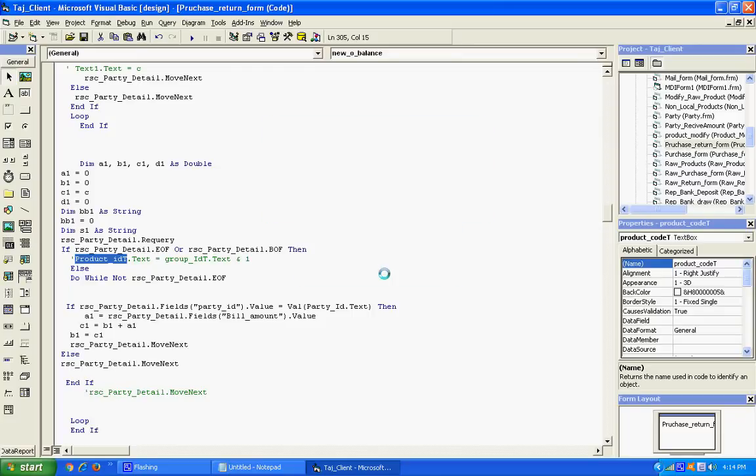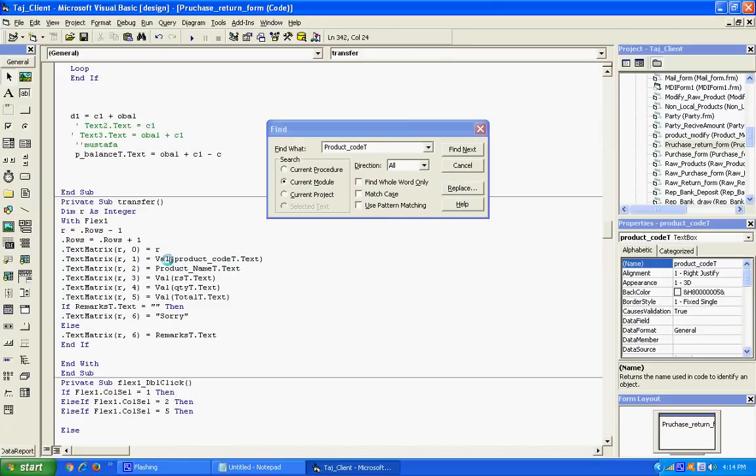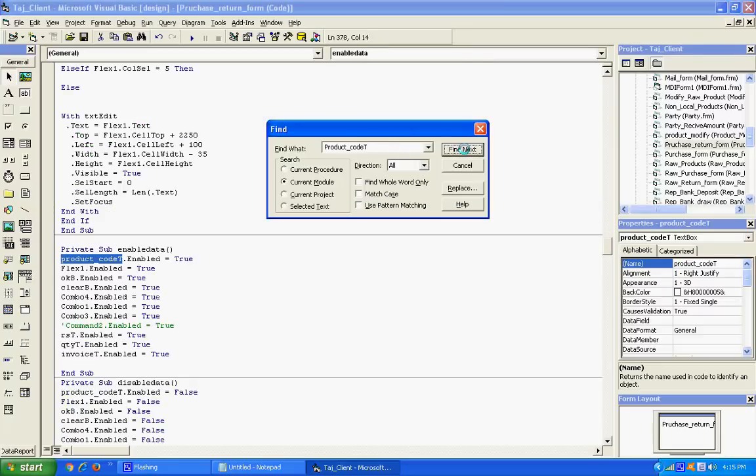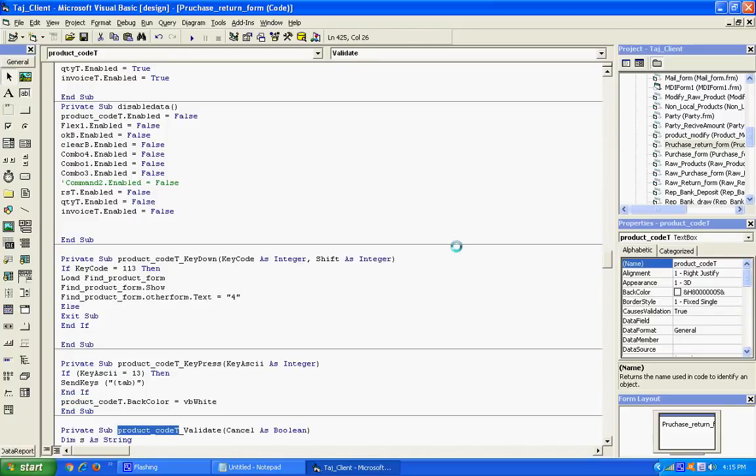And another problem that we may be facing when we test. This is okay. Again we are going to find out. Okay, then save and run the program. When we press the F5 button to run the program,